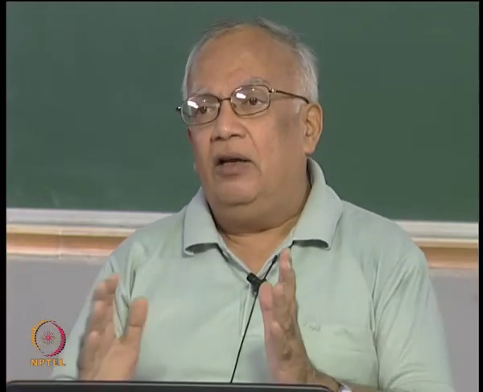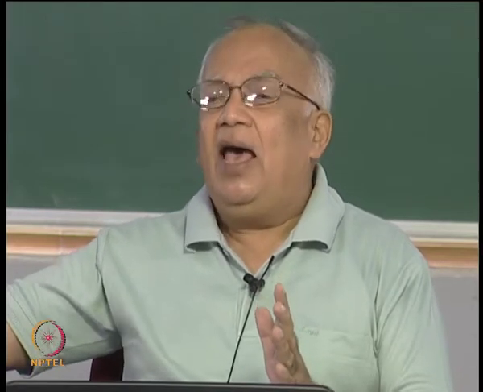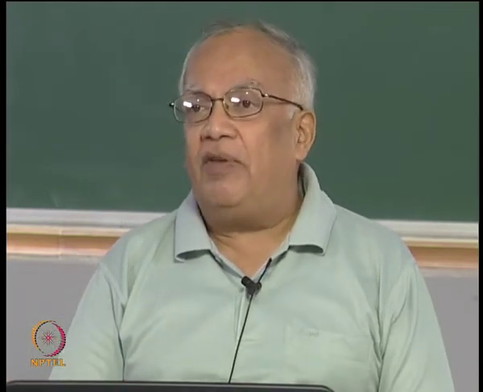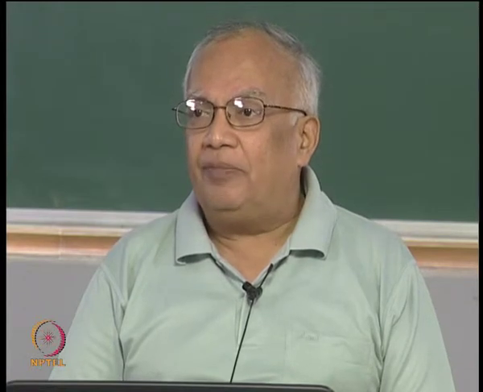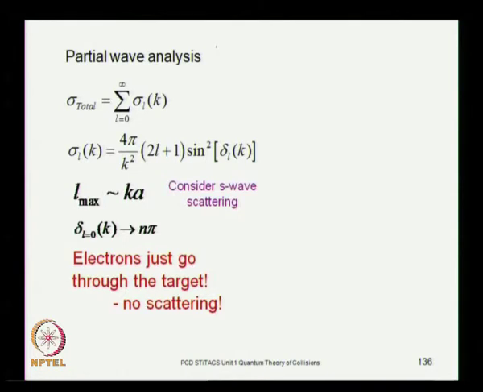Whatever comes in will be seen on the right hand side, on the other side of the target, as if the target was completely transparent to the incoming beam, and scattering cross section will vanish at those energies, and this is what is called the Ramsauer-Townsend effect. So if the electrons come, they will just go through the target. This is called the Ramsauer-Townsend effect,